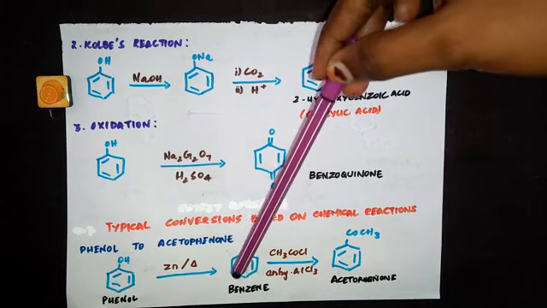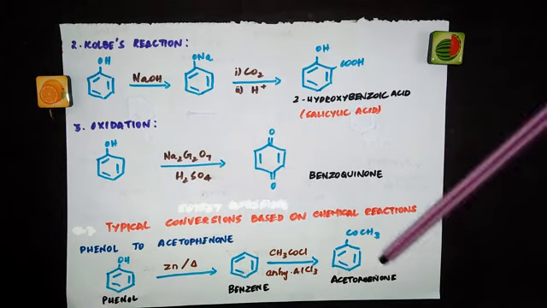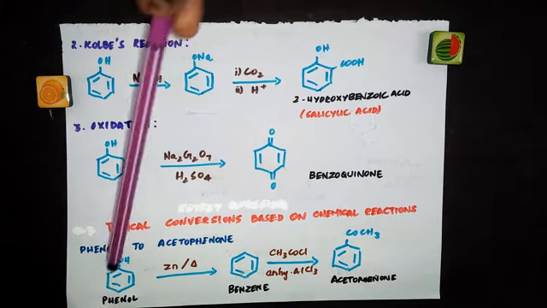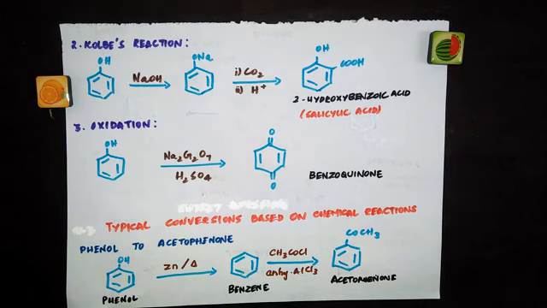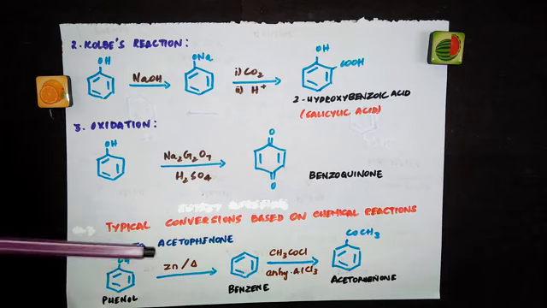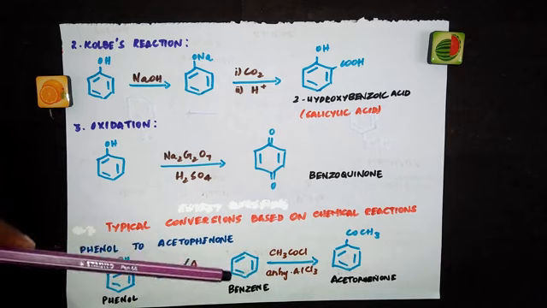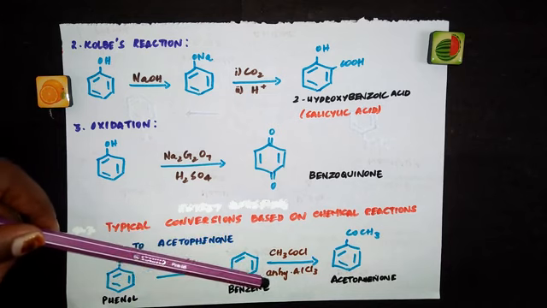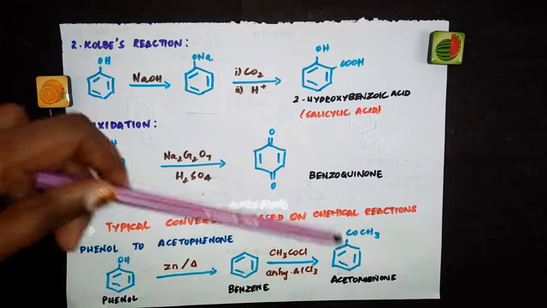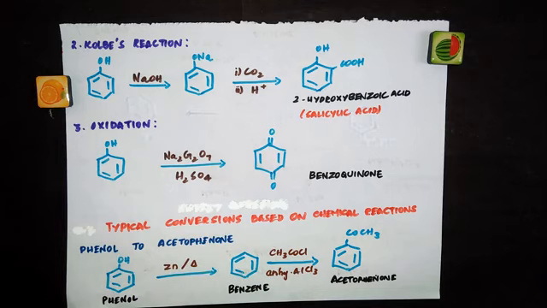If you know how to convert benzene to acetophenone, the only thing that you have to do is to find out how to convert phenol into benzene. Just now we have seen when phenol is treated with zinc and heated, phenol is reduced to benzene. So the first step is heating phenol with zinc. You get benzene, and then treating benzene with acetyl chloride in the presence of anhydrous aluminum chloride, you get acetophenone. So whenever you want to acylate any compound, we always take this mixture.